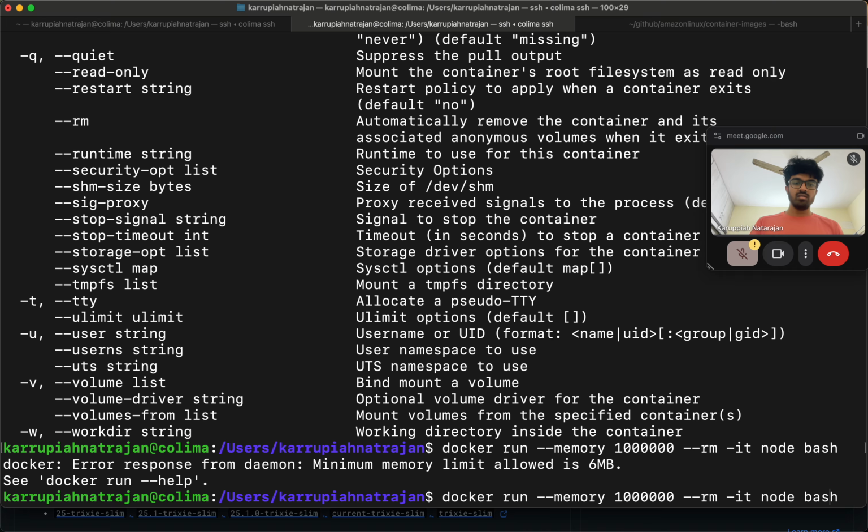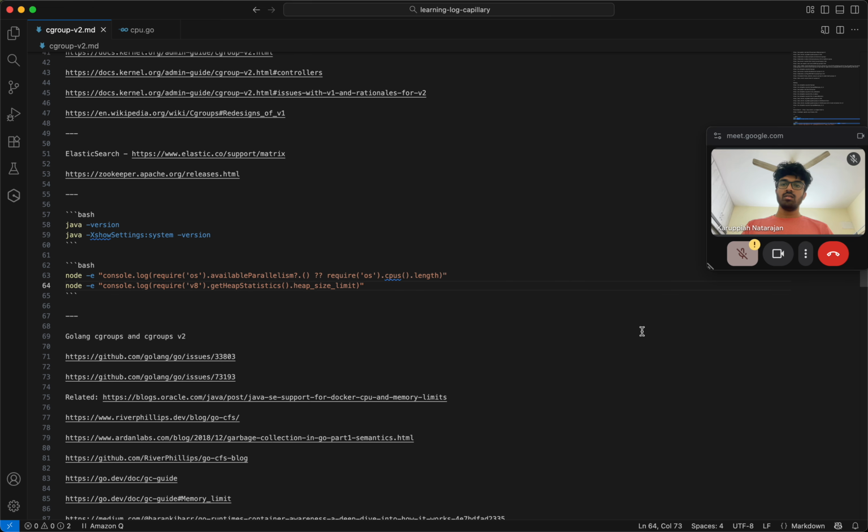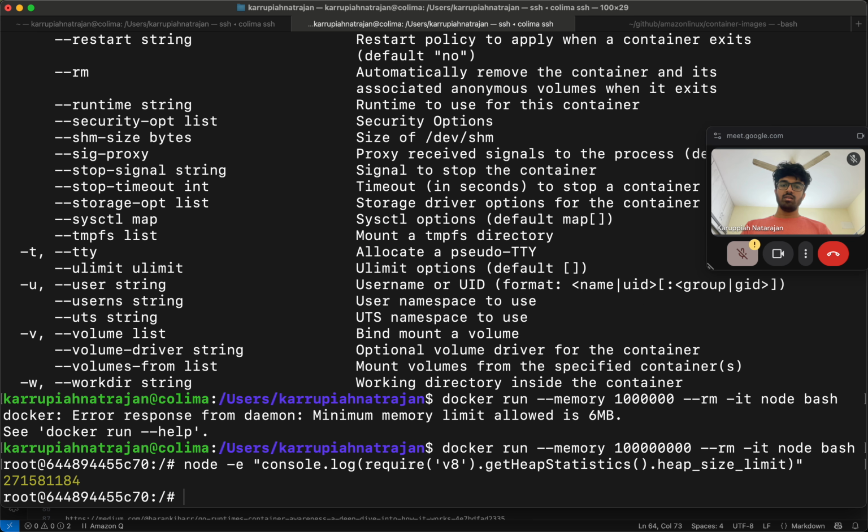Minimum memory limit is okay, so let me just give 20 MB or 100 MB. Okay, 100 MB. That's low, I think.